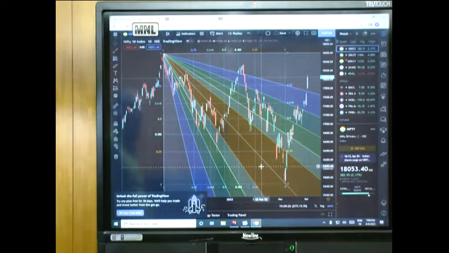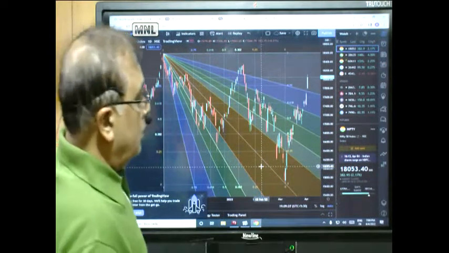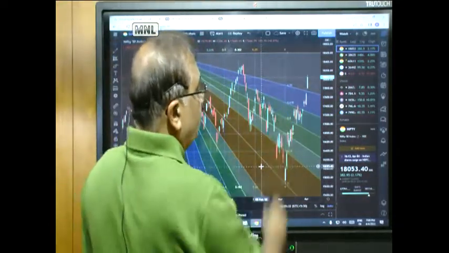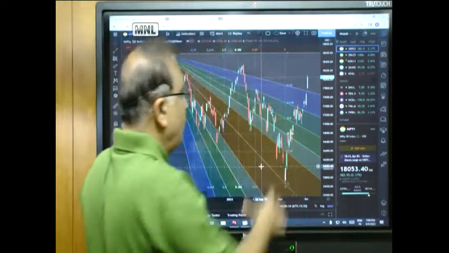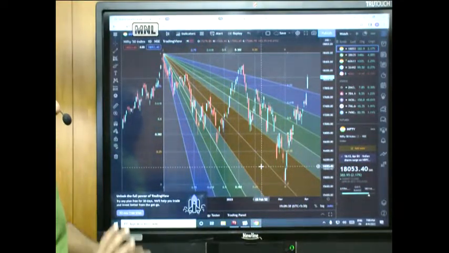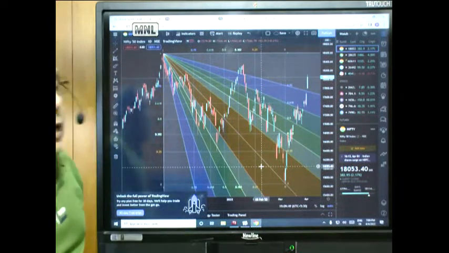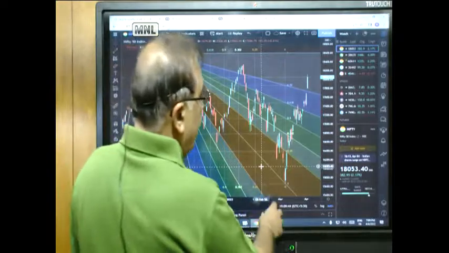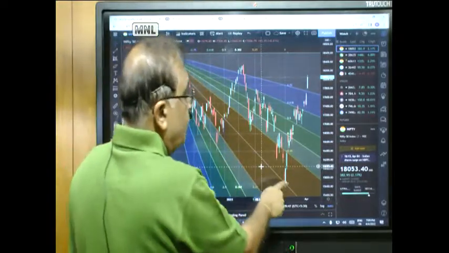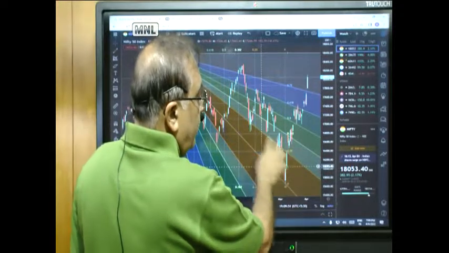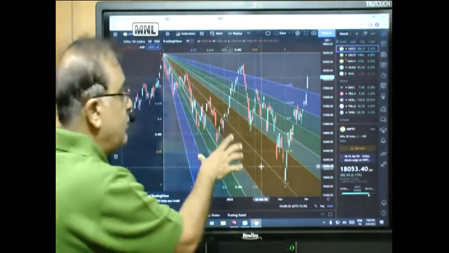Okay. Now you can see the important resistance levels, which is also along with the Fibonacci fans. Okay, now that has been drawn. Now we have not drawn the ratio, we have only drawn the Fibonacci fan. And if you look at the Fibonacci fan, now we have kept it from 18,600 to this level, and you can see the 0.25 line, which has been drawn